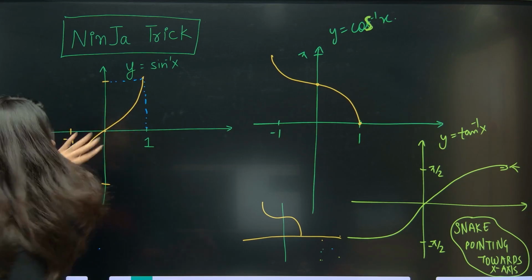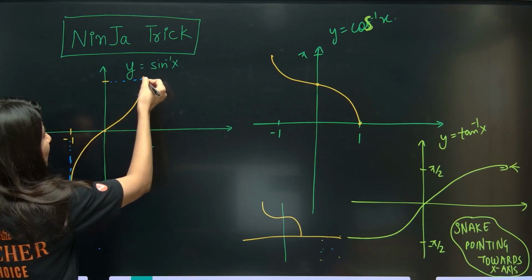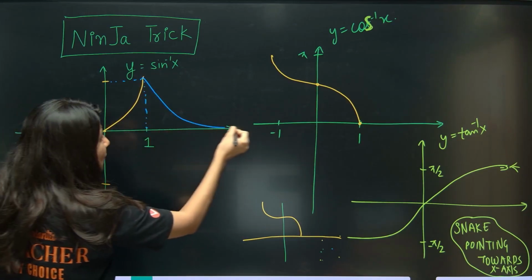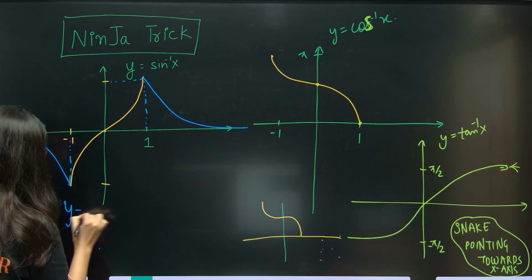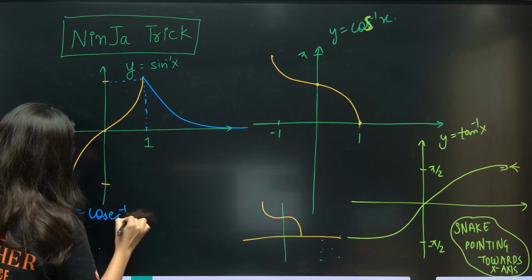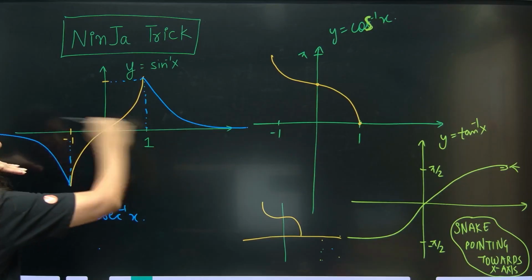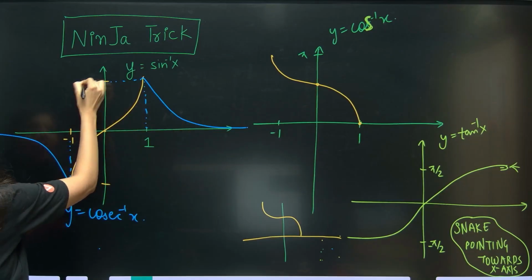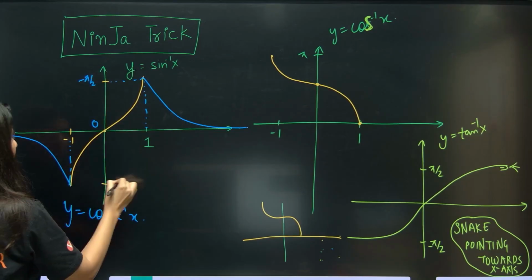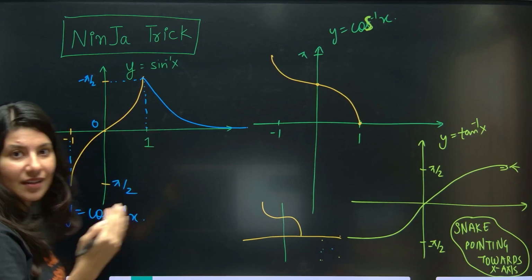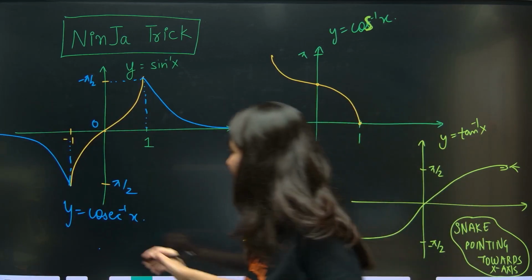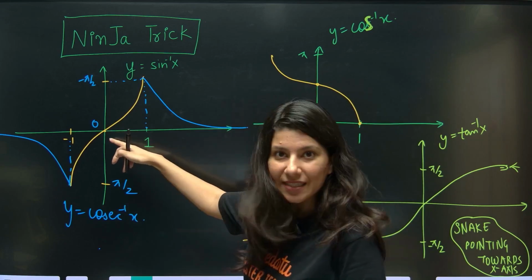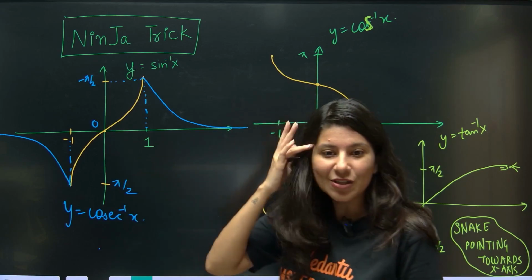Sine inverse is drawn now. Then you just need to do this with sine inverse, and you are done. So this is y is equal to cosec inverse x, and I told you also that 0 is the asymptote. So this is minus pi by 2, this is your 0, pi by 2. 0 is removed from the range, remember? Cosec inverse range: minus pi by 2 except 0. So I think this is also done.